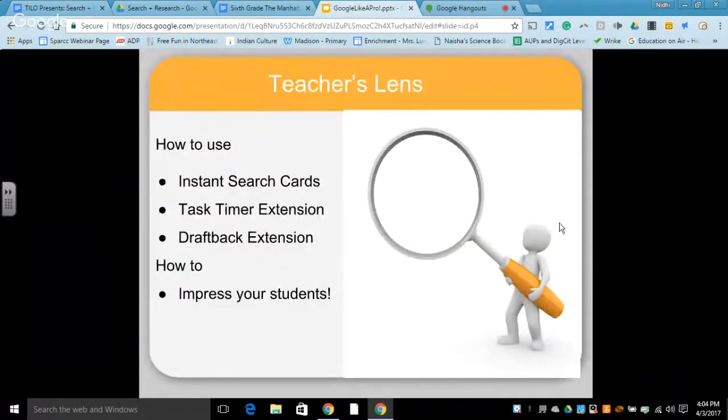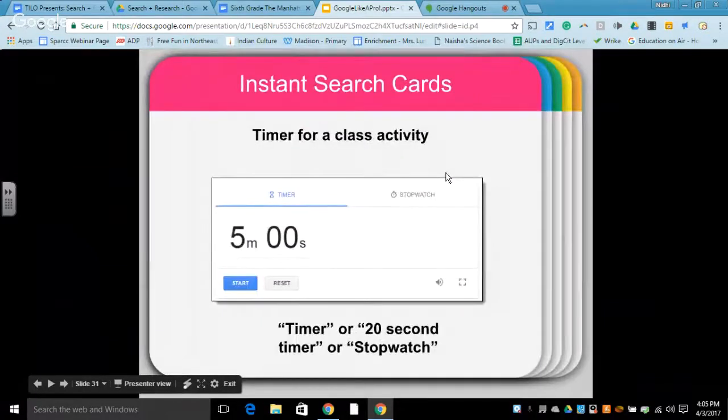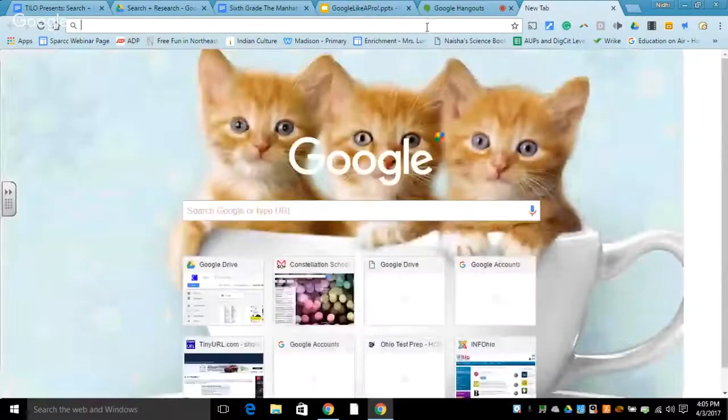Coming from a teacher's lens, how to use Google from a teacher's lens. There are very interesting things that you will find here, and something that is good too. Okay, instant search cards. This is again something, I am a big fan of Eric Kurtz and I read his blogs a lot, and this was in one of the blogs: instant search cards. We all know that Google is a search engine, but not all of us know that it works beyond being a search engine. So on a search engine, I write timer,